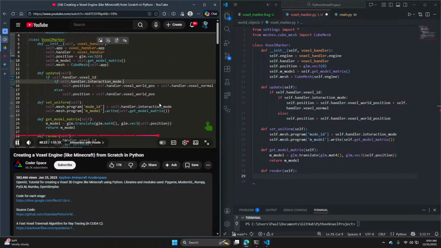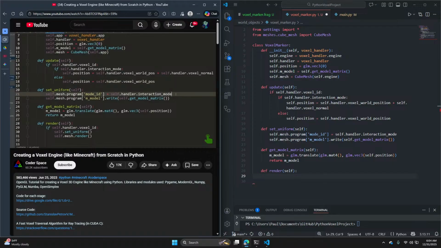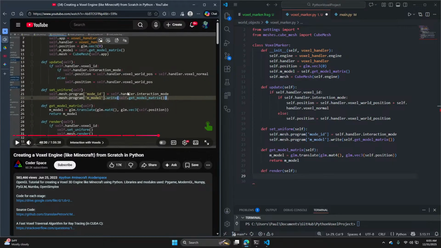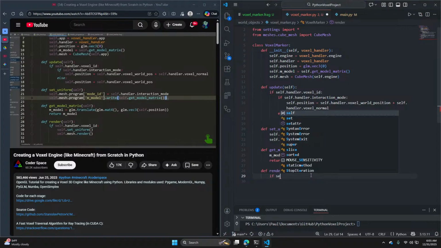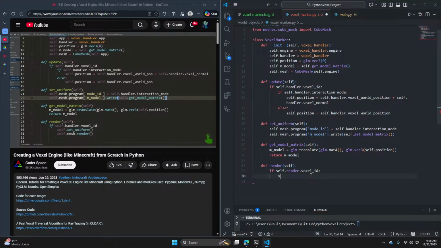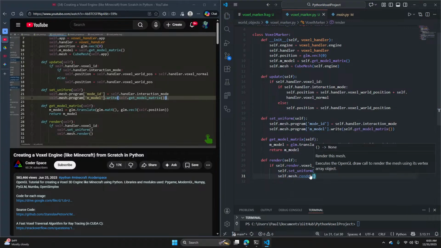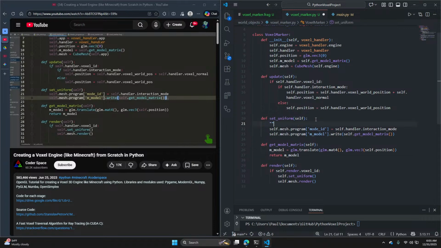Instance of the voxel handler class based on the interaction mode attribute. And before each render, we pass the value of the current mode and the model matrix to its shader program. Okay, sweet.